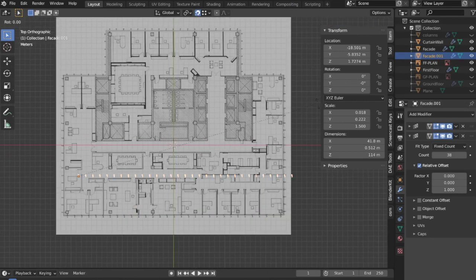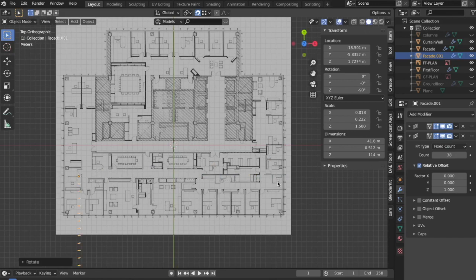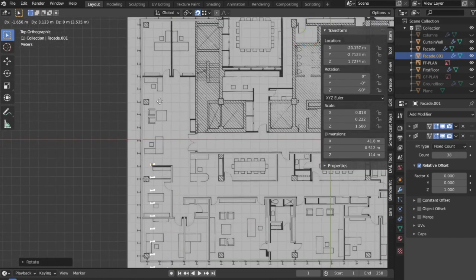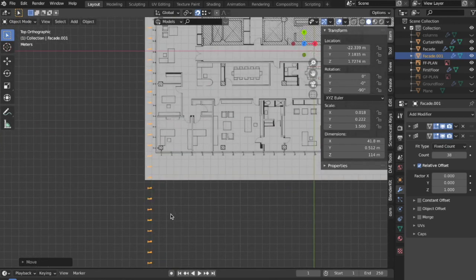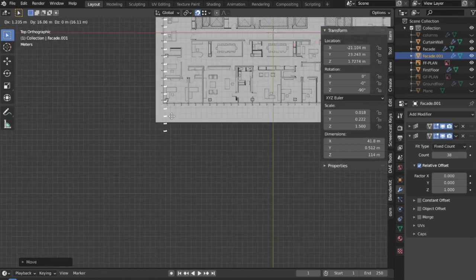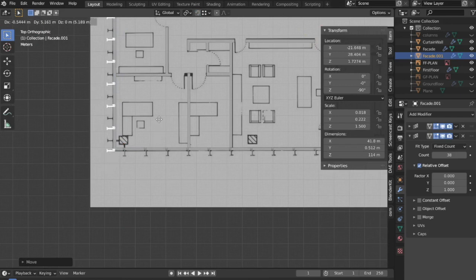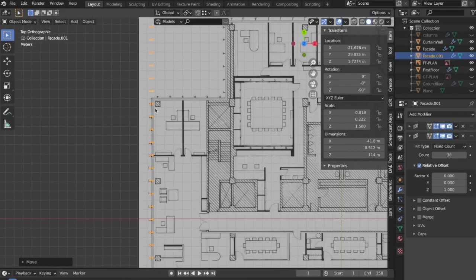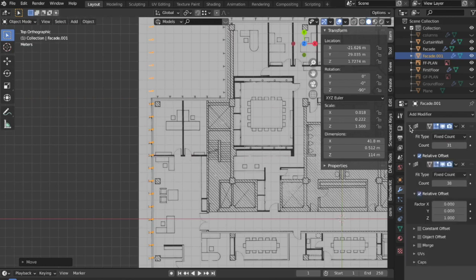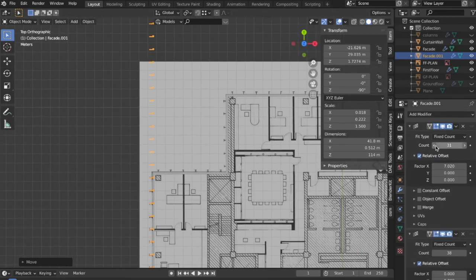Now I'll rotate this along the Z axis and press -90. Now over here the count is a bit too much, so I will go into the first array modifier and decrease it.